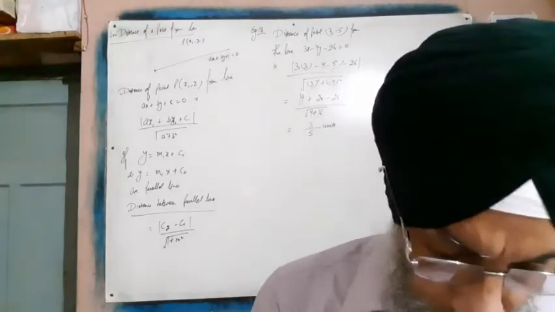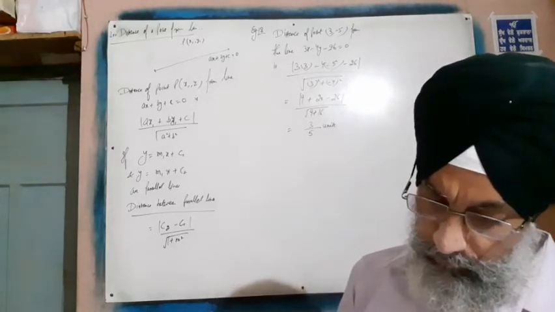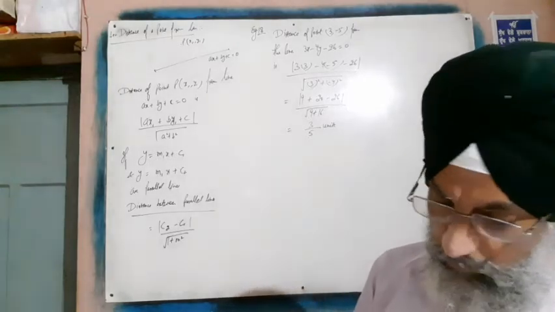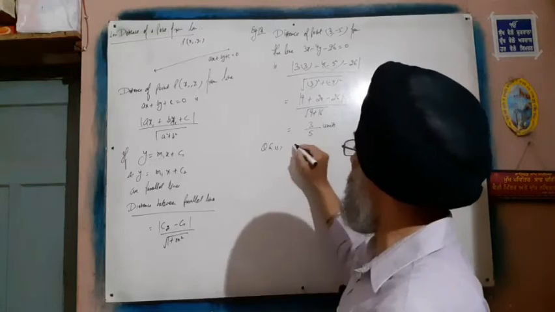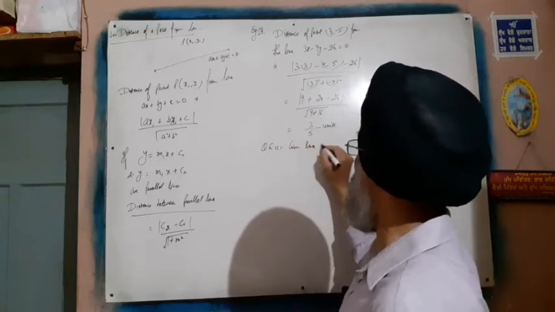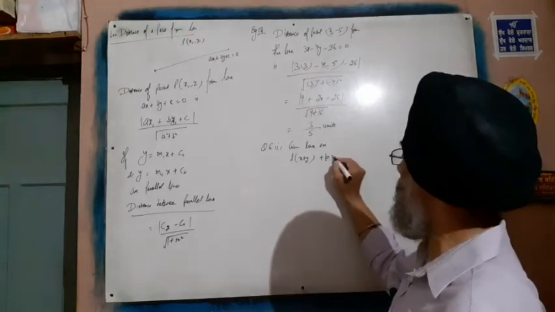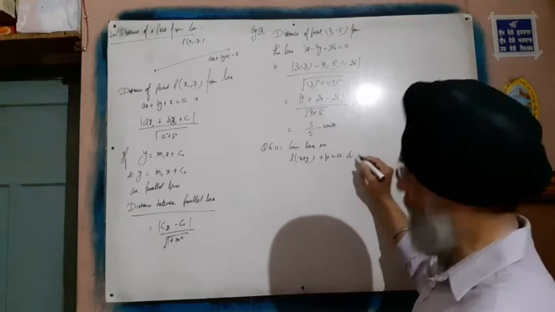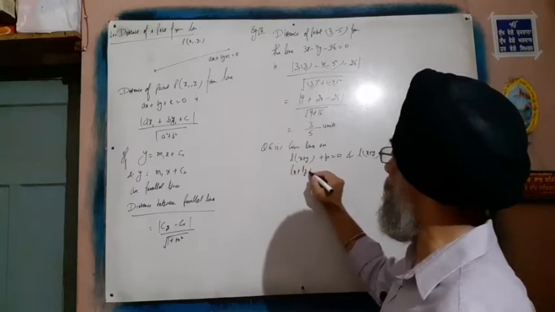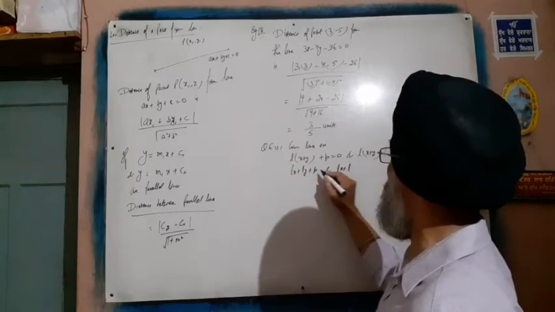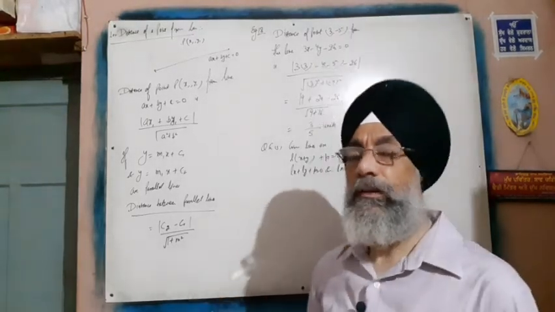If we see the next question, we have to find the distance between the parallel lines. That's example 19. Instead of that, I take some other question with you. Let us take question number 6, second part. Given lines are Lx plus Ly plus p is equal to 0 and Lx plus Ly minus r is equal to 0. We have to find the distance between the parallel lines.